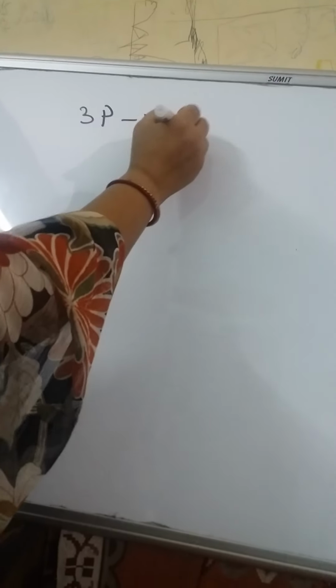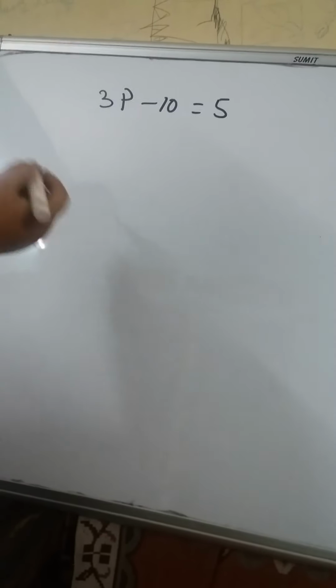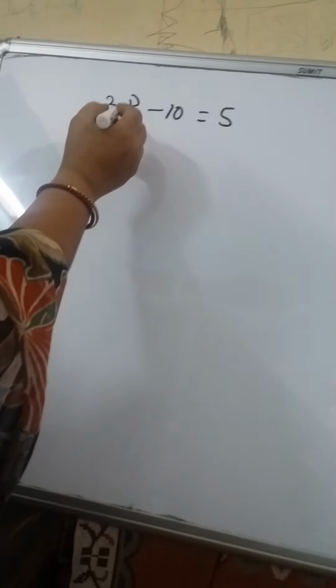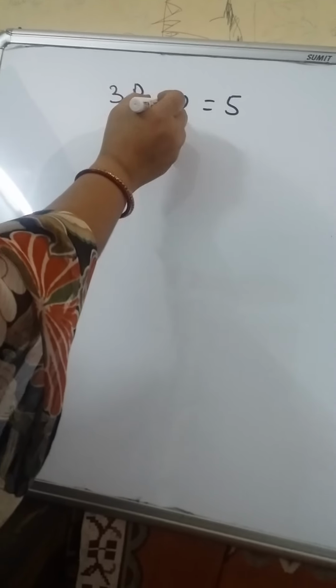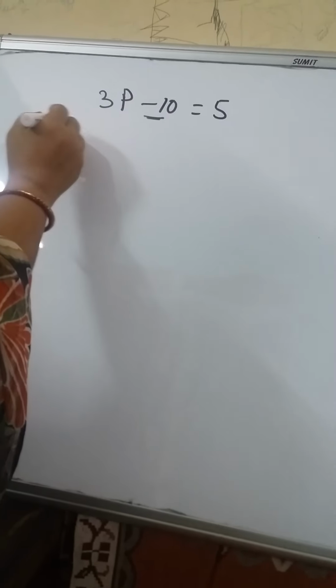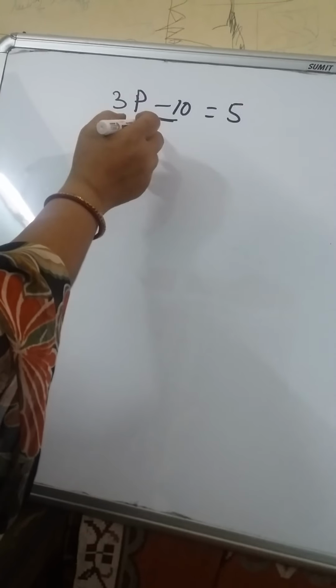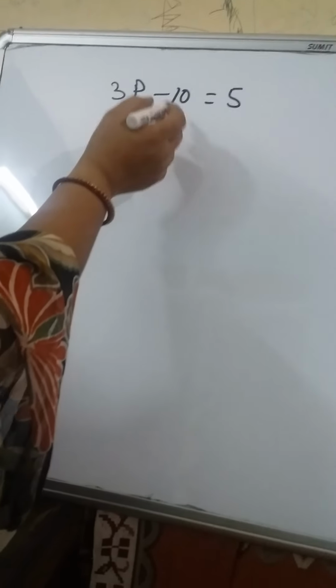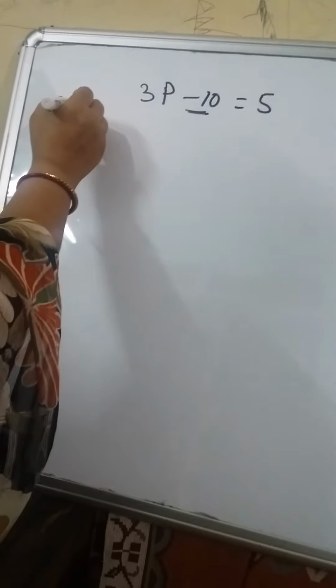Let us practice solving some more equations. For example, 3p minus 10 equals 5. What we have learned so far is that if here it is subtraction, that means we have to add this number to both the sides. So add